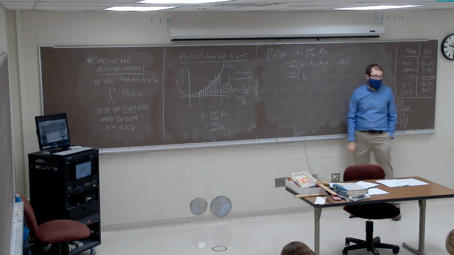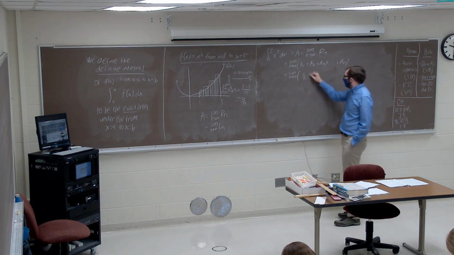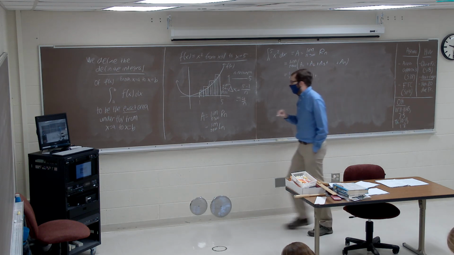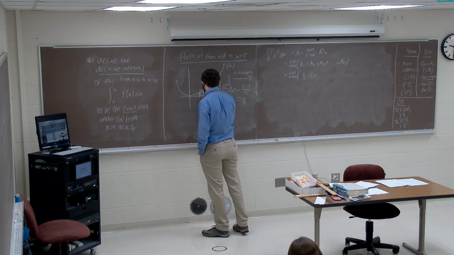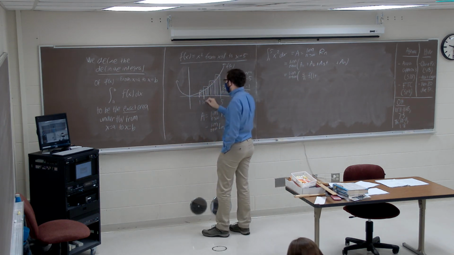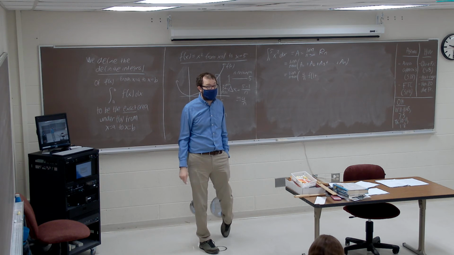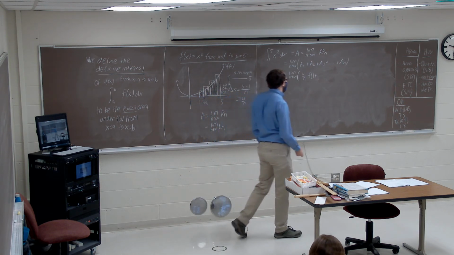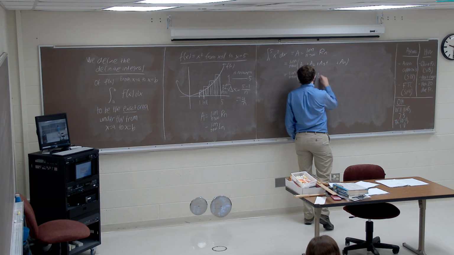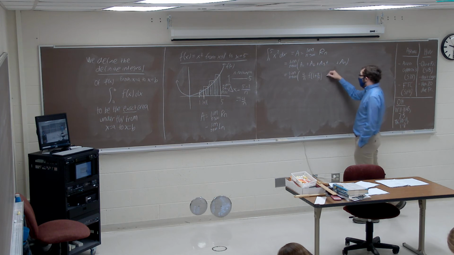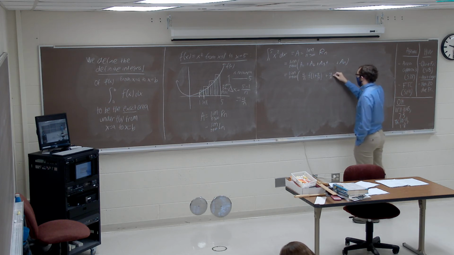The height of the first rectangle is going to be 1 plus, well, if the first rectangle is going to go from 1 to 1 plus that width, so 1 plus 4 over n, since we're using a right endpoint approximation, the height of that rectangle is going to be f of 1 plus 4 over n. And then we can repeat. Our second rectangle is still gonna have a width of 4 over n. It's gonna have a height